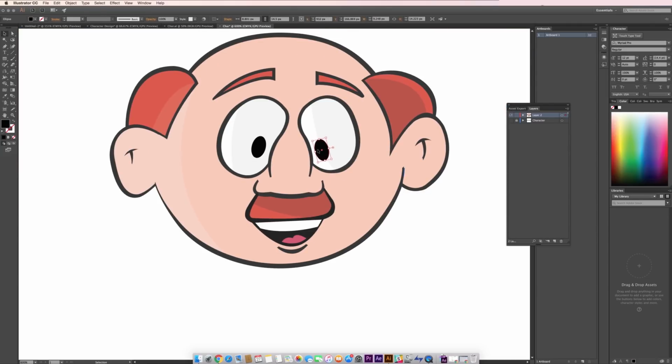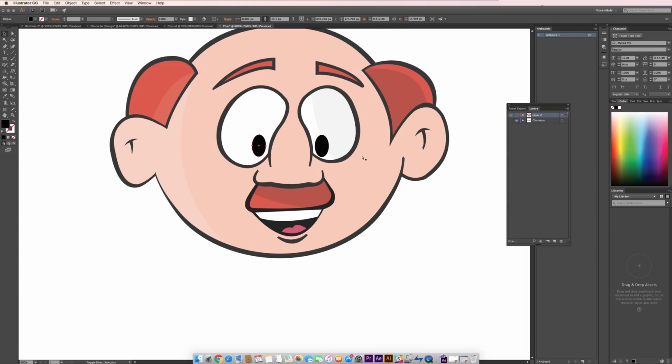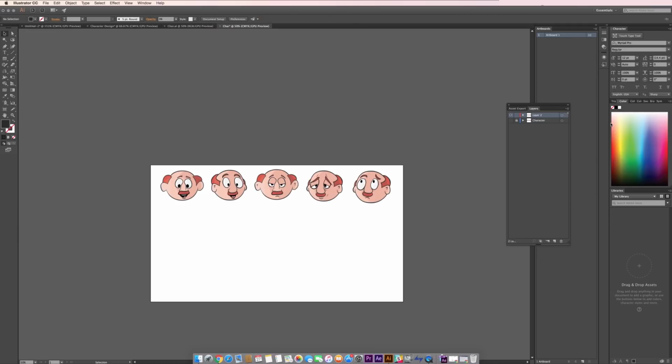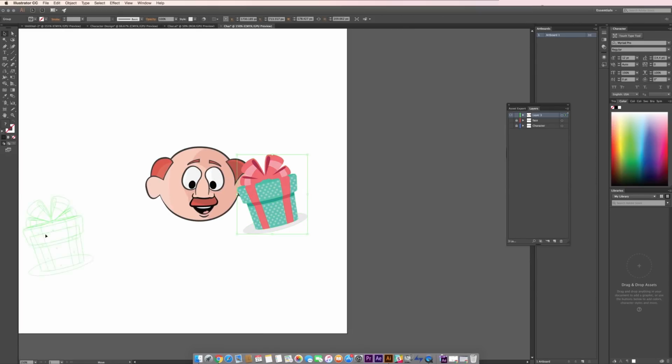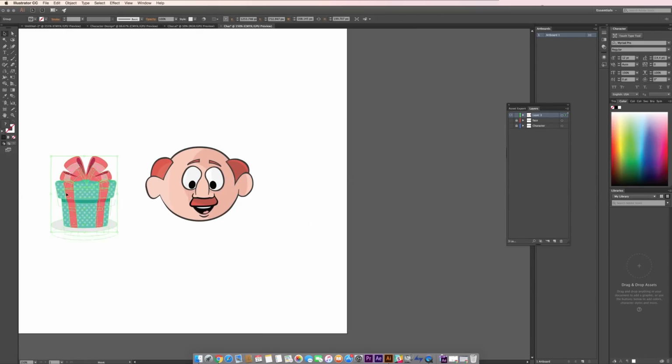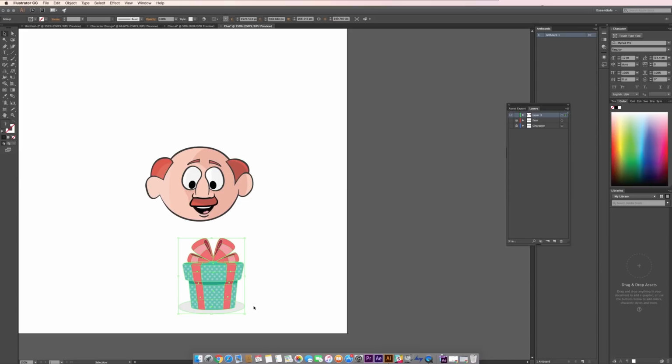Move the eyeballs down so that I'm creating a different expression. So here I have a different facial expression. Now I'm going to add the body and give some action to this character. I have taken this gift box illustration from Freepik. I'm going to draw hands and legs